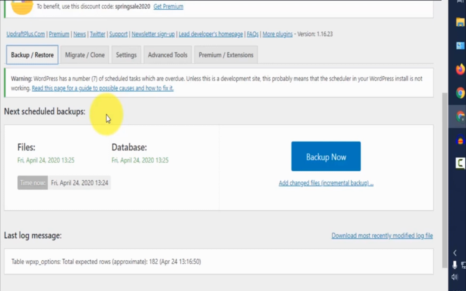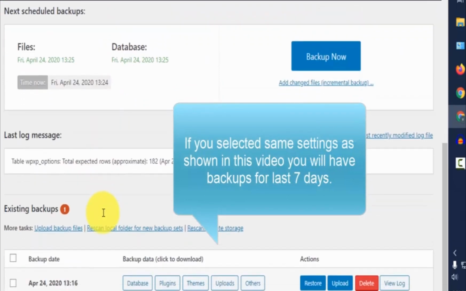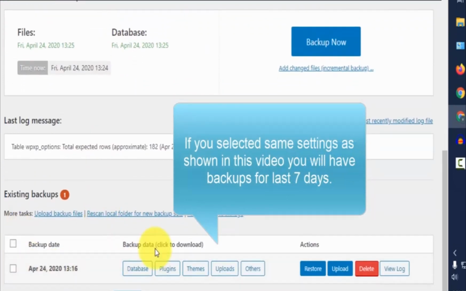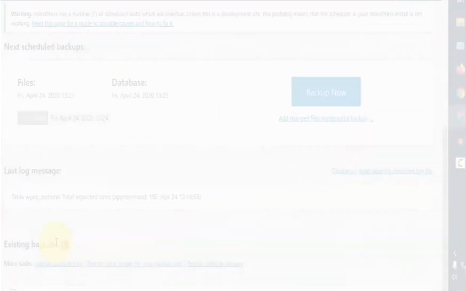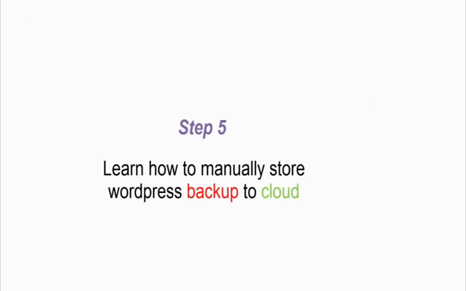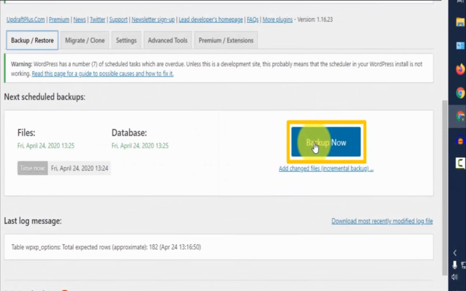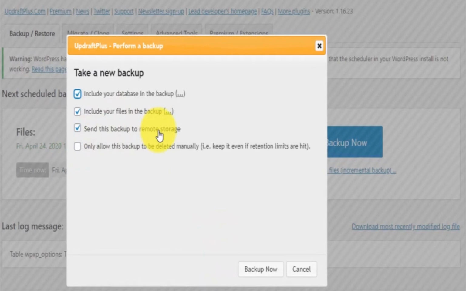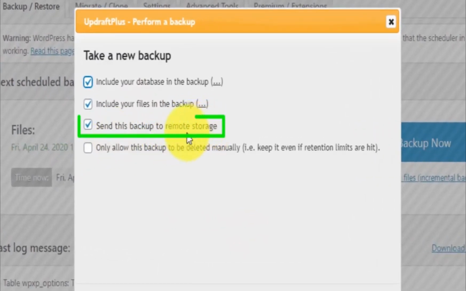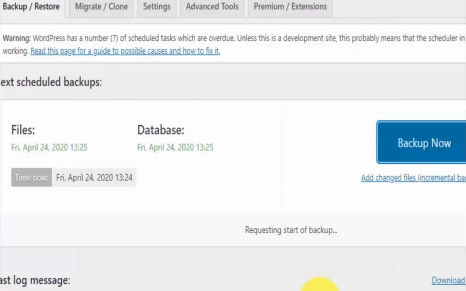They are showing the history of this backup. If you select the same settings as shown in this video, it will work. To manually store a backup to the cloud, click on backup, then uncheck this box, send the backup to remote storage.